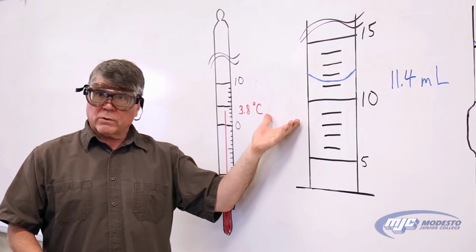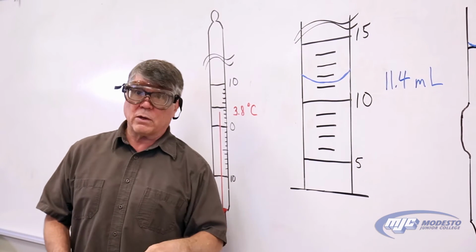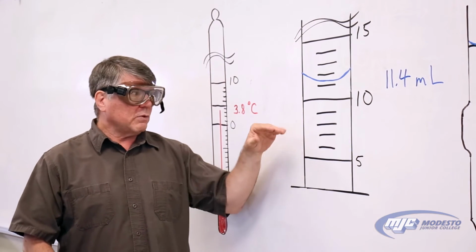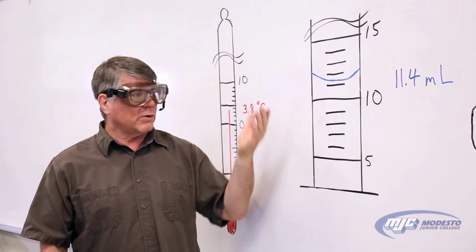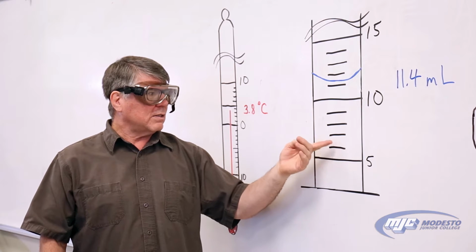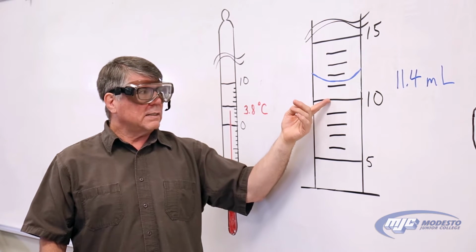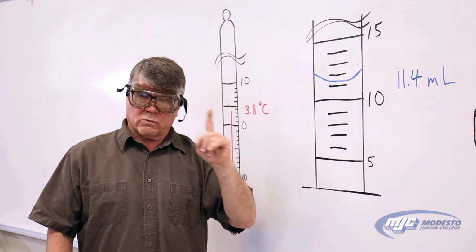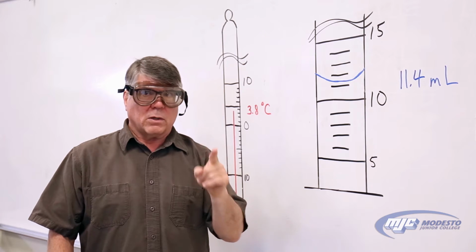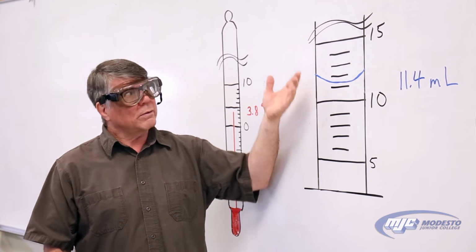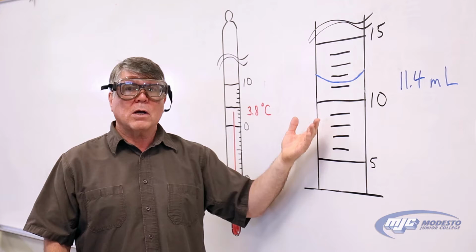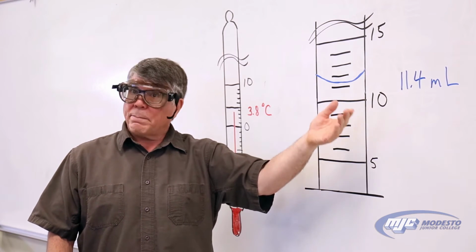So a graduated cylinder looks like this, and again, the first thing that we do when we look at that instrument is we see how far apart the closest marks are to each other. So it's going to look something like this. This is 5, 6, 7, 8, 9, 10. Each of these marks is 1 milliliter apart, which means every measurement that we record from this graduated cylinder, we record to the